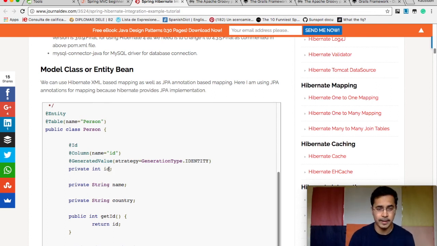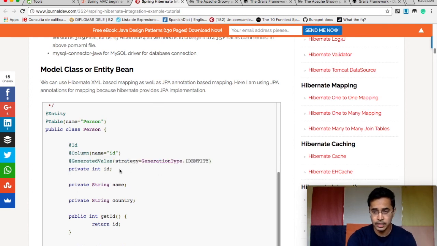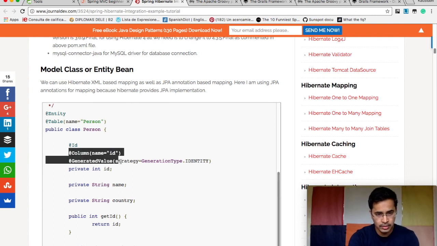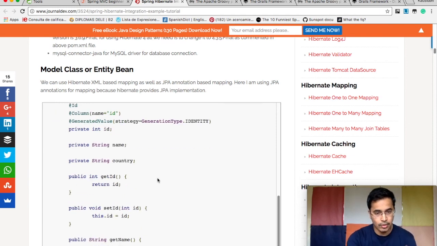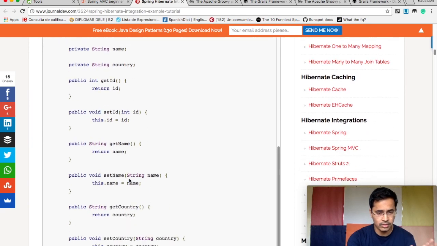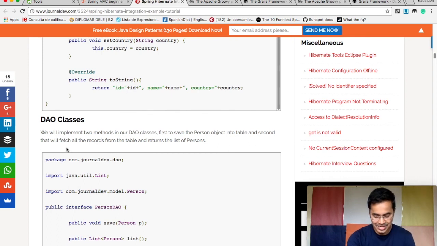I had to specify the fields, and then I had to specify what will be my primary key. I have to annotate that. I have to also say that this primary key should be auto generated, like when I create a new object. So all these things I had to mention, hard code them, annotate them. Then what is the advantage of using an ORM if I have to specify the table name, primary key name, and auto generate the primary key and all those things? So I was really pissed. Then again, you have to create getters and setters for all these fields in your table. It doesn't end there. By this time, I was pretty convinced that I'm not going to use Spring MVC